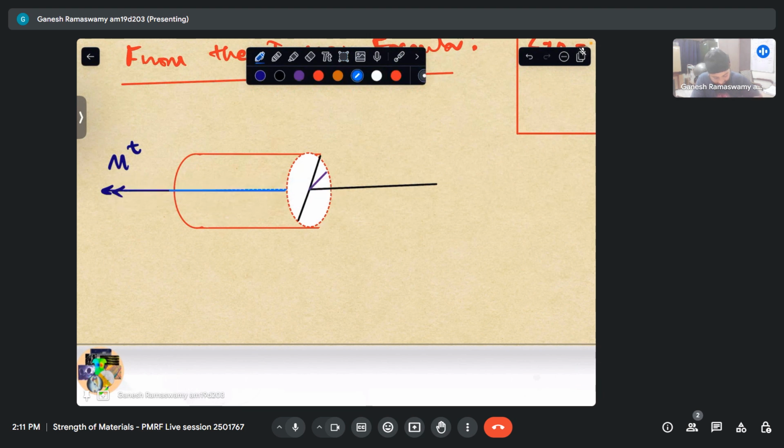So this line, under the action of this twist, let us say it gets deformed like that. So therefore, this angle is denoted by phi, and the angle that it subtends on the center of the cross section is denoted by theta. And granted this is, let us say, of length L,